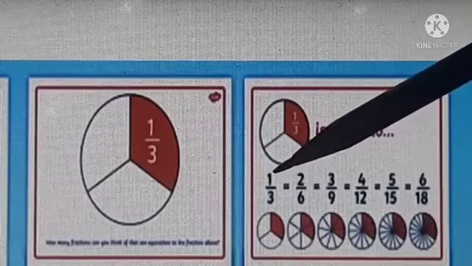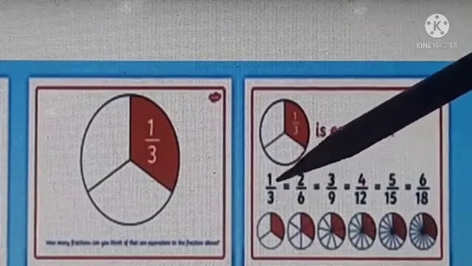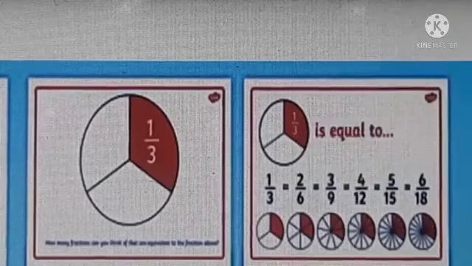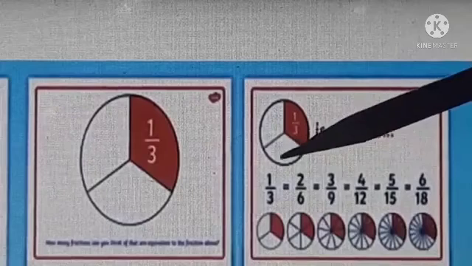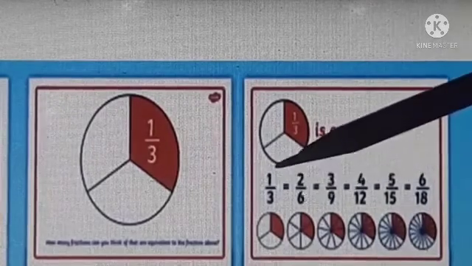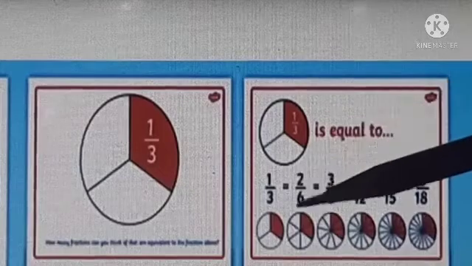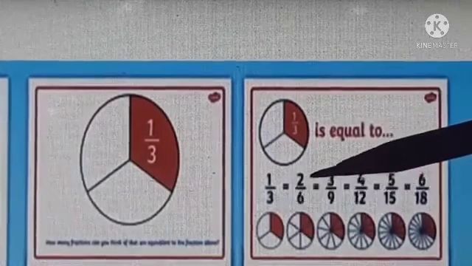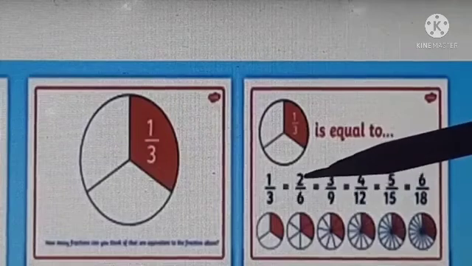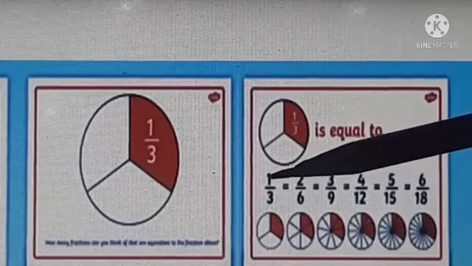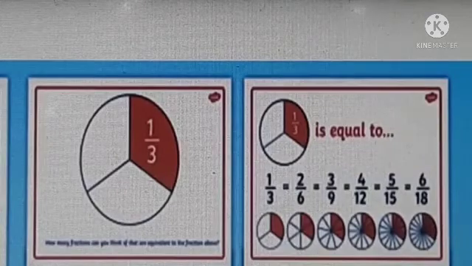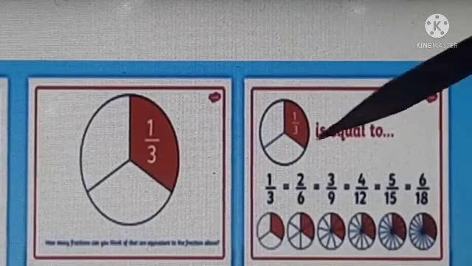Both are equal. Now 1 multiplied by 3, 3 multiplied by 3. So 1 3 is a 3, 3 3 is a 9. Now check what our definition was saying. It was saying numerator of first multiplied by denominator of second, 6 ones are 6. And denominator of first multiplied by numerator of second, so 3 2s are 6. 6 is equal to 6. Yes, these are equivalent fractions. Understood? That's why we are putting equal sign.